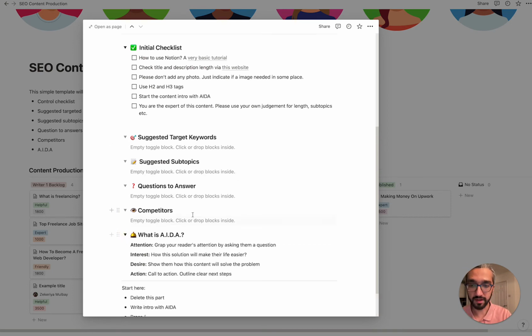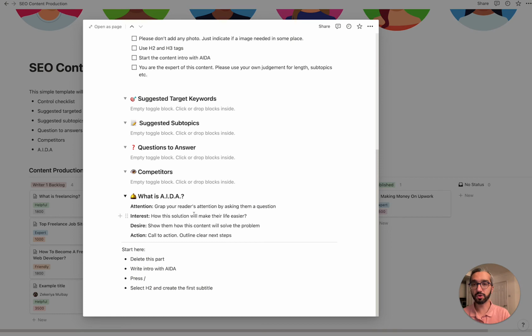And the last thing is the AIDA method. This AIDA method is, shortly, my approach for every content, by the way. I am using this approach on my own websites, own brands. So the blog post should start with the AIDA method, and AIDA starts with attention. We should grab our readers', our users', attention by asking them specific questions related to the article,